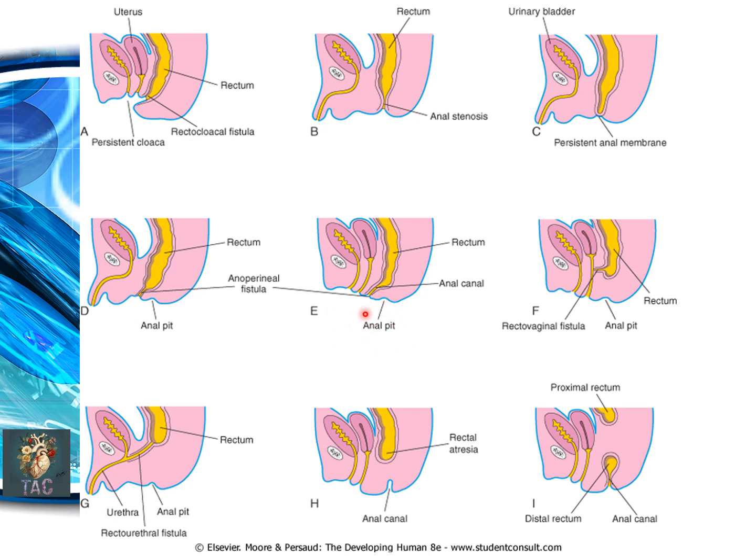In this diagram, you can see all the three areas, that is the ureter and the urinary bladder and urethra, and the female genital system and the rectum and anal canal, all open separately. In this diagram, you can see there is the rectovaginal fistula. The anal pit is present over here, but there is a deviation of the urorectal septum, as a result of which